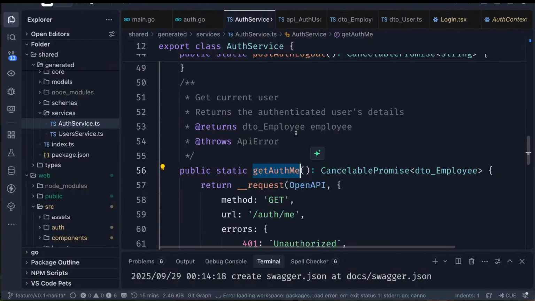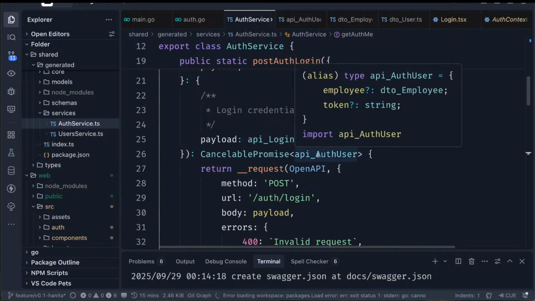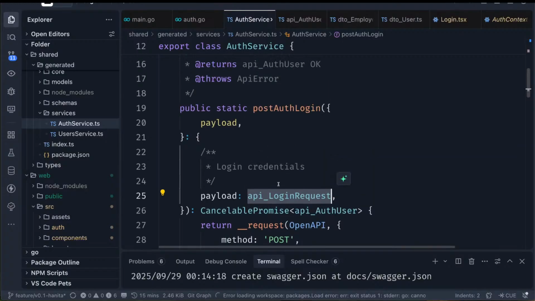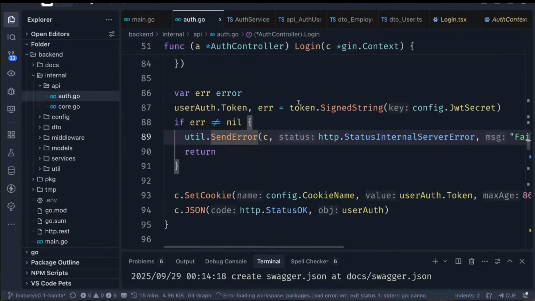So let's focus on the one we wanted to call now, which is auth user, rather, which is API login request. We want to log in, or rather, this is the payload. So this is post authentication login. That's what we want to call, and it's available in auth services. So if you come in here in our use effects,